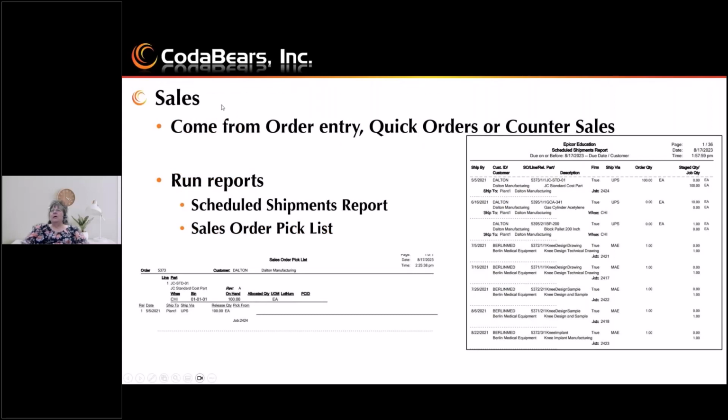So where do we work on our shipping? They come from sales. Our sales come from order entry, quick orders, or counter sales. In order to determine what is ready to be shipped, we need to run some reports. On your screen, I have two different reports that I've run. One is our scheduled shipments report. For example, we have one on here from May 5th of 2021,